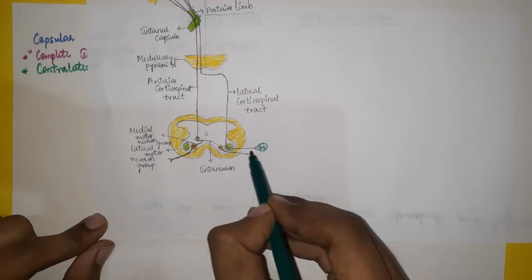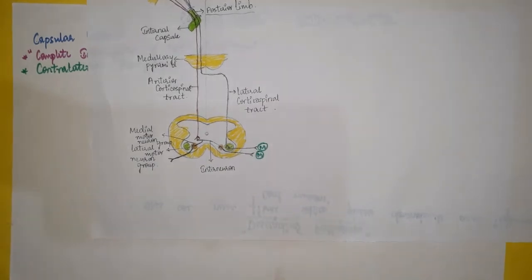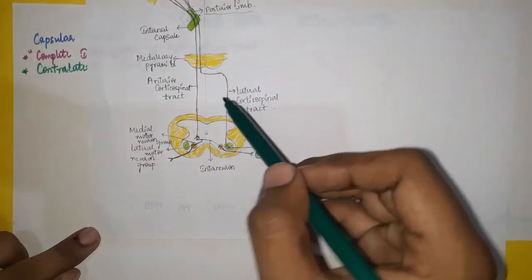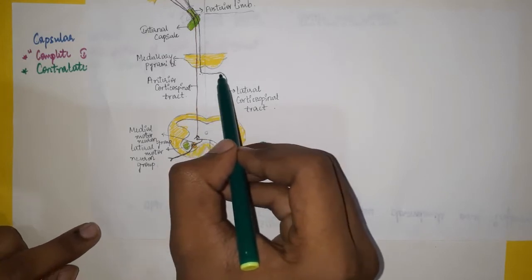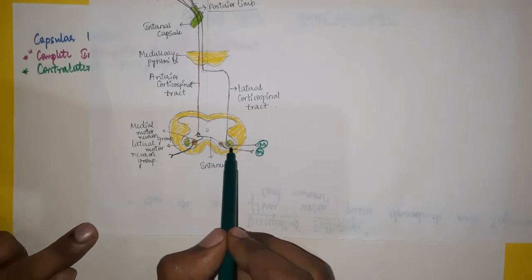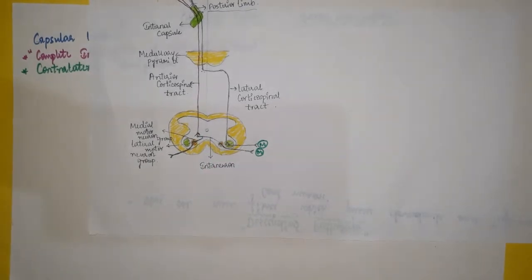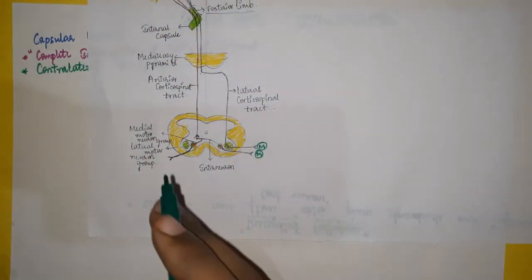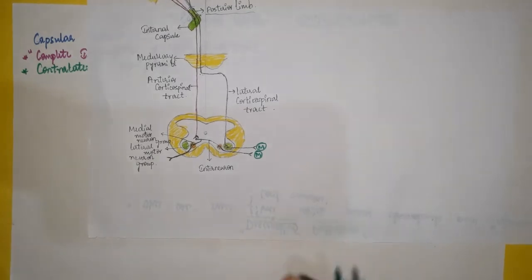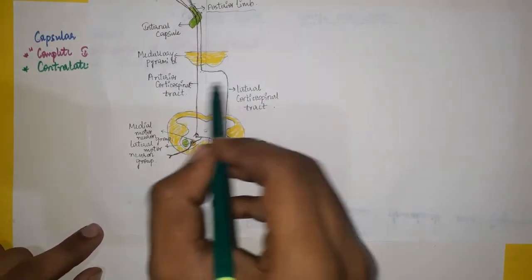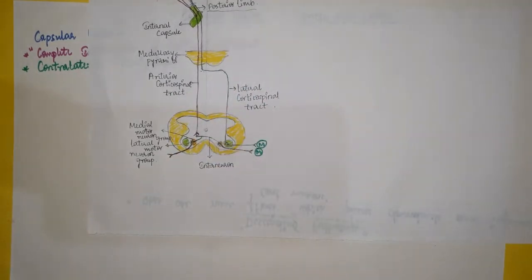This motor neuron supplies the muscles, right? They will become paralyzed. So you can see that this lateral corticospinal tract crosses in the medulla region only, and this anterior corticospinal tract will also cross at the spinal cord level. So the final conclusion is the right corticospinal tracts will supply the muscles on the opposite side of the body, no matter where they cross over the midline, but finally they will reach the opposite side of the body, resulting in contralateral hemiplegia.